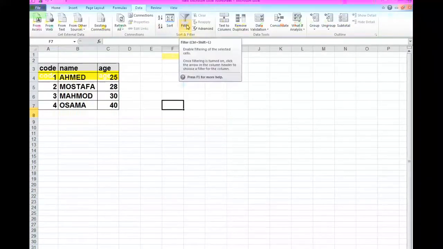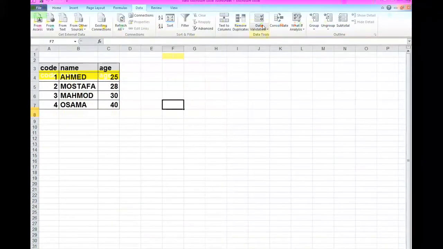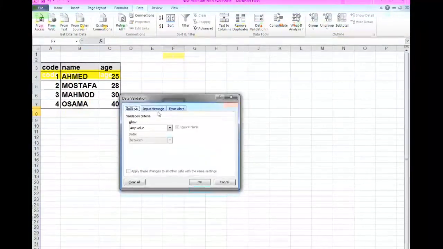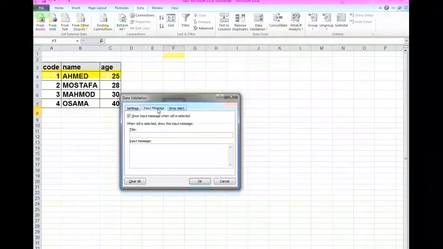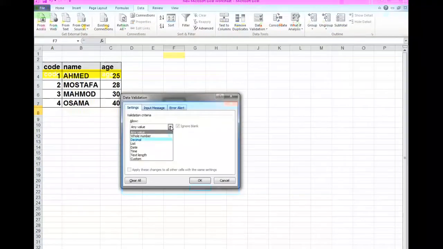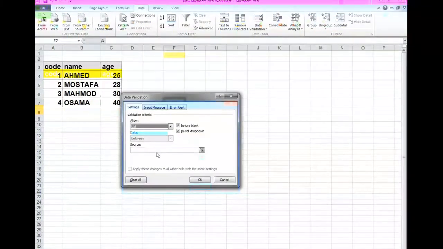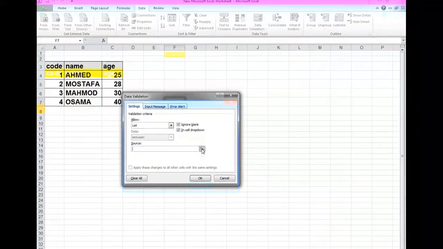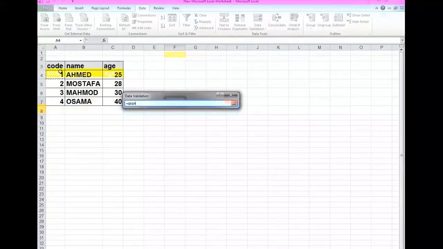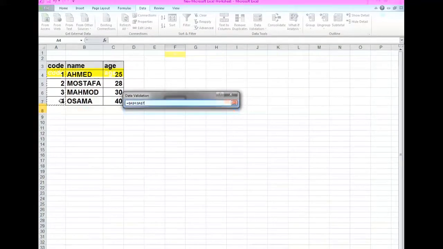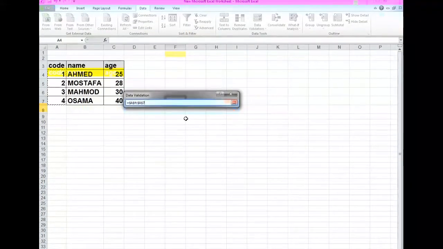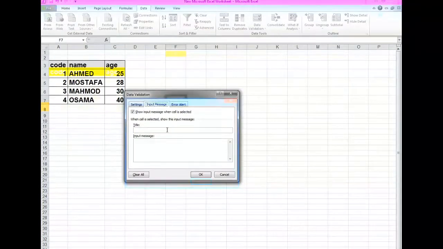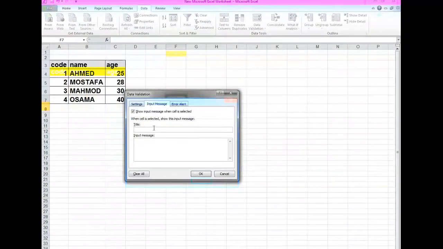Okay, and we will choose data validation, and we choose settings, and we choose list, and we will determine which we want, if you want this. Okay, and then enter, and can we write a title message here, write code